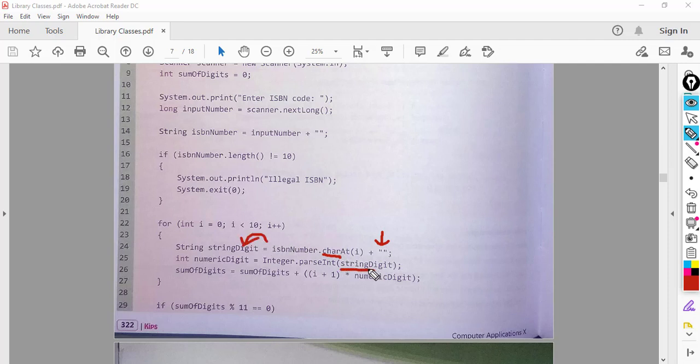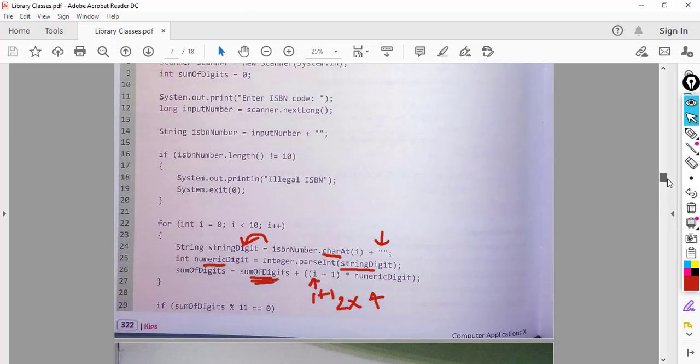That string is converted into an integer and stored in numeric digit. Now in sum of digits we already have 1 from the previous iteration, and then here we have got I plus 1. I value is 1. 1 plus 1 is 2. So this time we will have 2 into 4, isn't it?